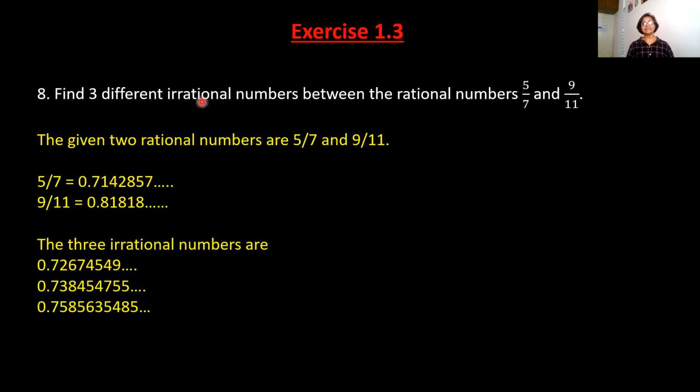Find 3 different irrational numbers between the rational numbers 5 by 7 and 9 by 11. I have already found the decimal expansions of 5 by 7 and 9 by 11. These are the rational numbers. Okay. So 3 irrational numbers we have to find now. Irrational numbers means those numbers